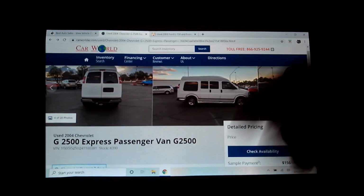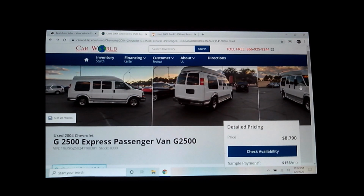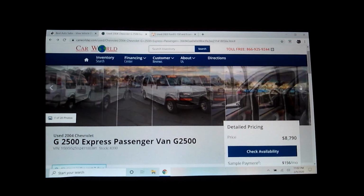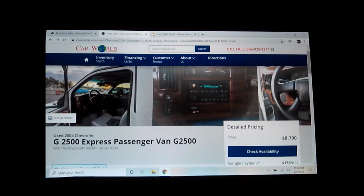It has the high top, which is really nice. This 6.0, I believe they made that engine until last year. So that engine lasted from 2000 to 2019. That engine was around forever. That's in the bulletproof motor category, but I love the cheesy wood trim